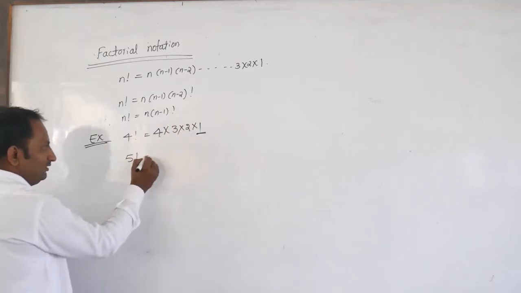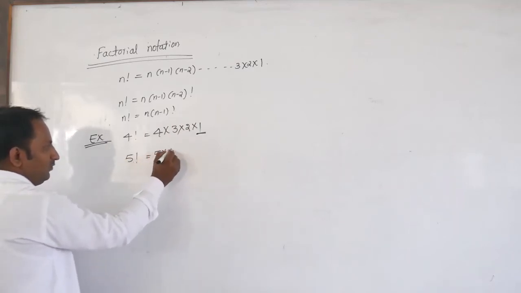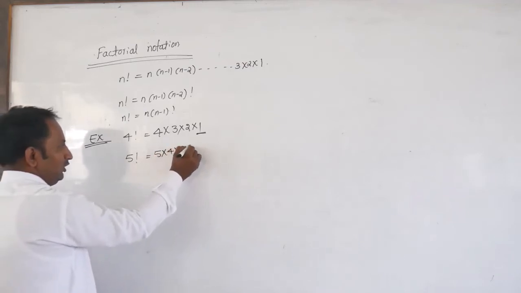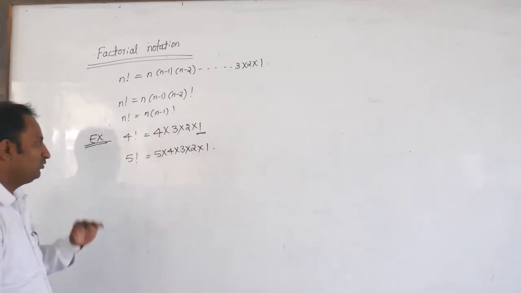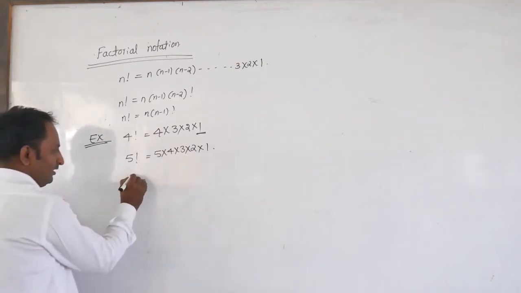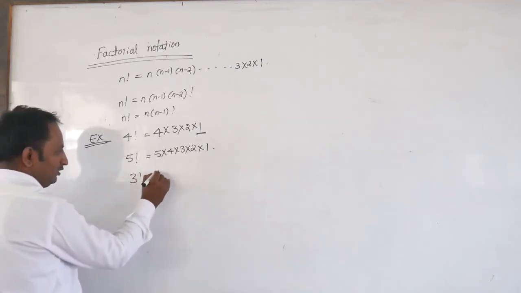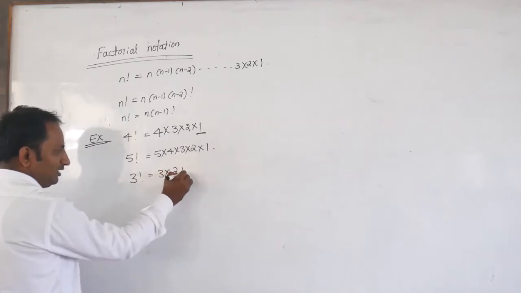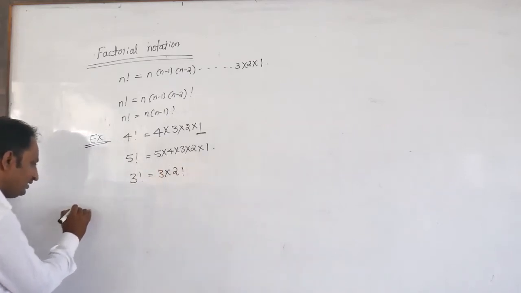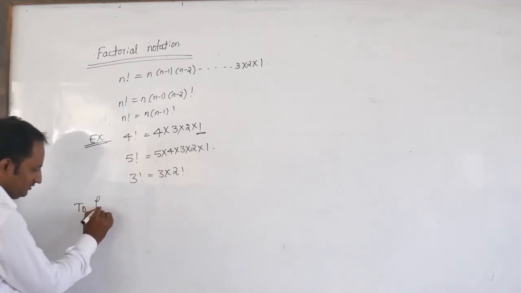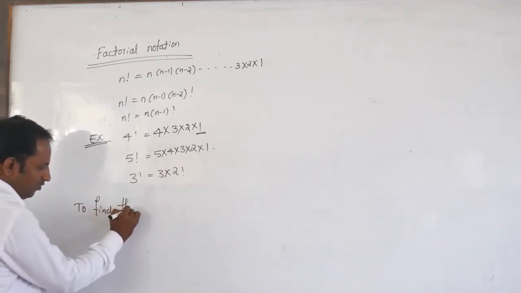5 factorial is 5 into 4 into 3 into 2 into 1. This is the factorial notation. For example, 3 factorial is 3 into 2 factorial. Also, for example, to find the value